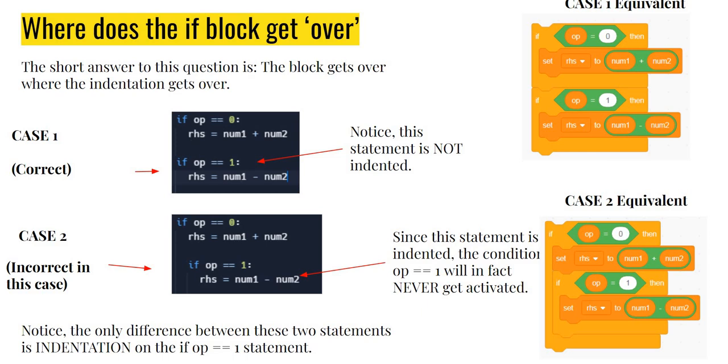When does this particular block get over? For example, I'm writing this code, there's no brackets here. It says if OP equals 0, then RHS is equal to num1 plus num2. I go back and write if OP is equal to 1, RHS is equal to num1 minus num2. Now, notice very carefully, and this part is very important, this statement here, which means